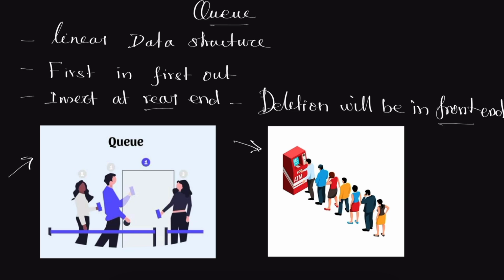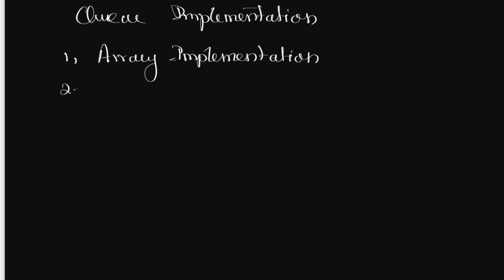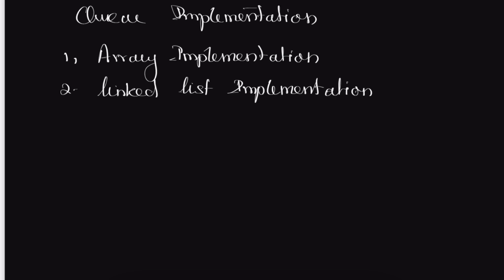Now we are going to discuss the implementation of queue. The queue can be implemented in two ways. One is called static implementation, like array implementation. The second one, dynamic implementation, is called linked list implementation. Dynamically we can allocate the memory space in linked list implementation, and the static implementation is a fixed implementation. The size is fixed. And in this video I am going to focus on the static implementation